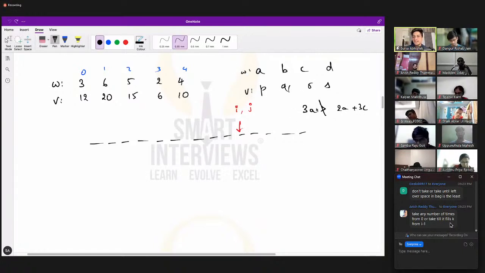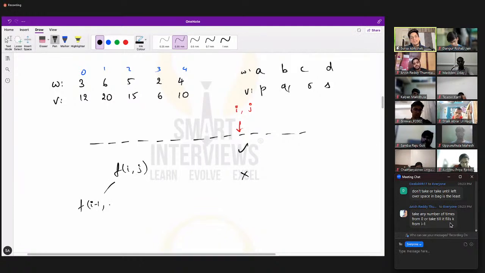So based on that, I understand your intention when you say, okay, we can leave it or we can take any number of times. But the way that we frame it is going to be slightly different. We are going to go again with take it or leave it. Take the ith item or leave the ith item. If you leave the ith item, obviously the remaining problem is going to be i minus 1, j. Fine. But if you take the ith item, the remaining problem is going to be